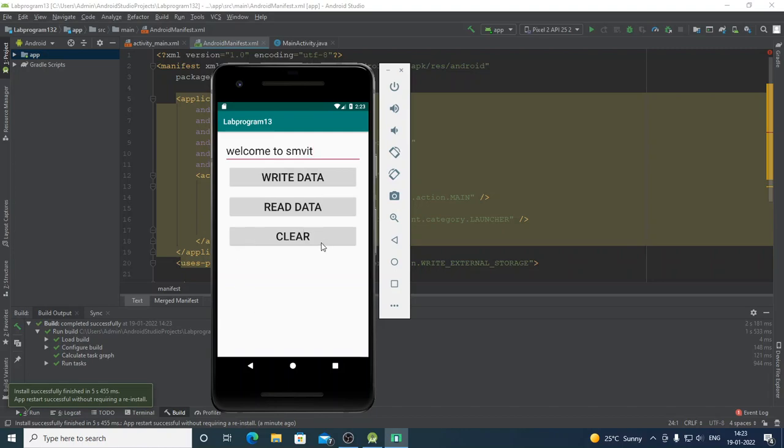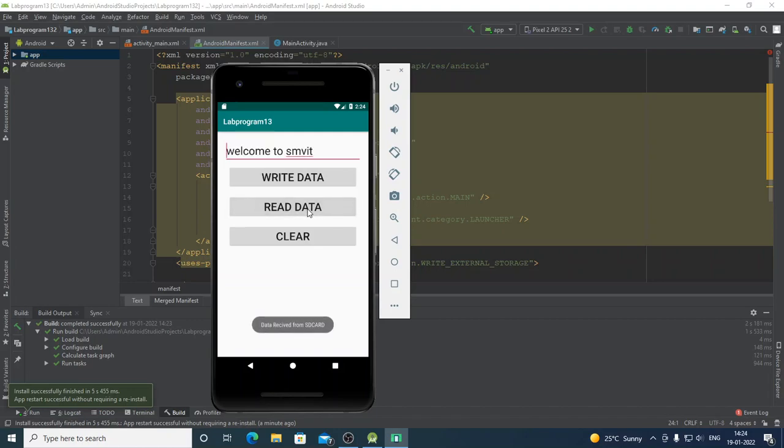So we have kept one button here, clear. When I click on this, the contents of the edit text has to be cleared. Okay, it's cleared now. So now when I give read data, your application has to read the contents of the file named myfile.txt from the SD card and then display it in the edit text.